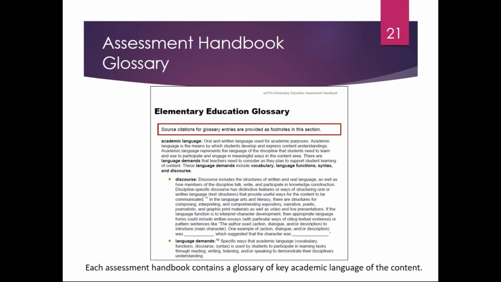This is a snapshot from the elementary education glossary that really helps you understand each term. So if you want a refresher on what is discourse and how they are referring to that here, take a look in the glossary.